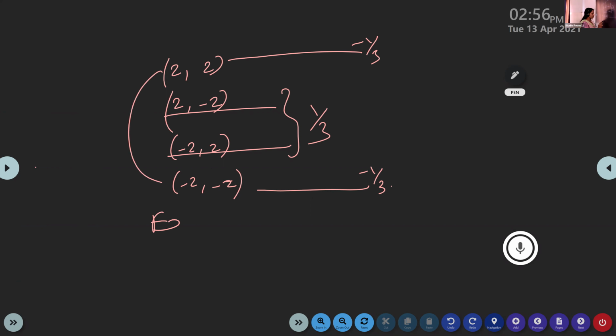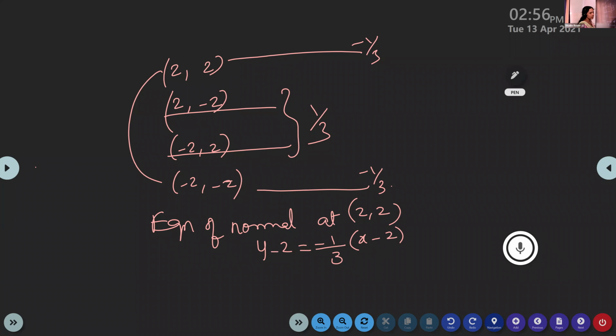So what is the equation of the normal at the point (2, 2)? Yes. y minus 2 is equal to minus 1 by 3 into (x minus 2). Simplify, you'll get the answer. Similarly, the next one is the equation of the normal at the point